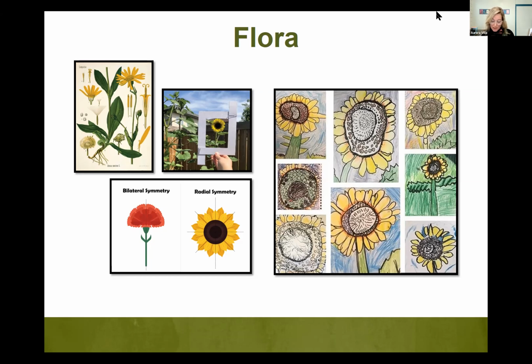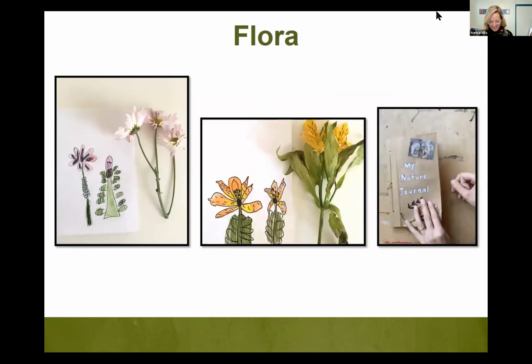So in summary, in this project, students are looking at scientific illustrations, observing plants and flowers from nature, and recording their observations of the parts of the plant and the life cycle of a plant. They're learning math concepts as well, such as radial symmetry and proportion size. They're using a viewfinder to create their composition. So lots going on in this one.